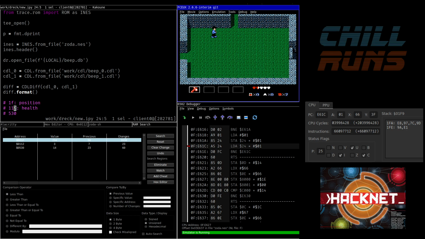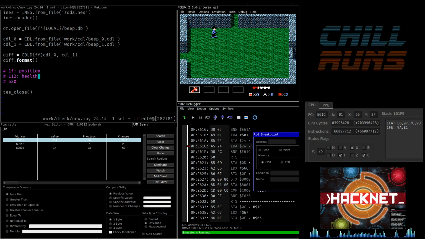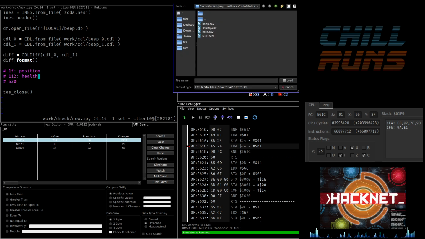Alright, anyway. So there's a lot of ways we could look into this. First thing I'm going to do is just add a breakpoint in the debugger to break whenever we read that address. So presumably, how this works is there's code that looks at what's in the address, and if it's less than some value, 3 or whatever, it starts beeping. Now, we might be able to do this a smarter way, so...